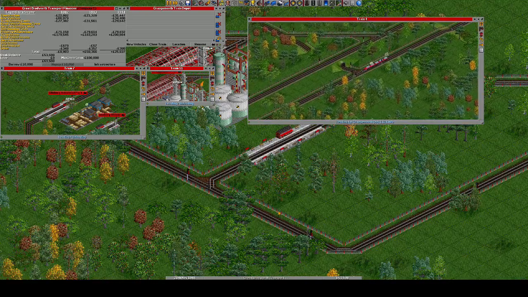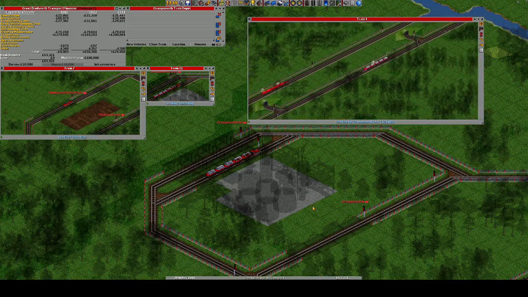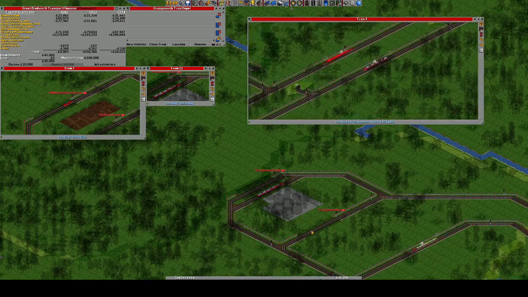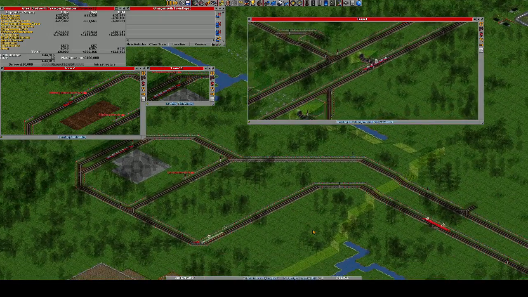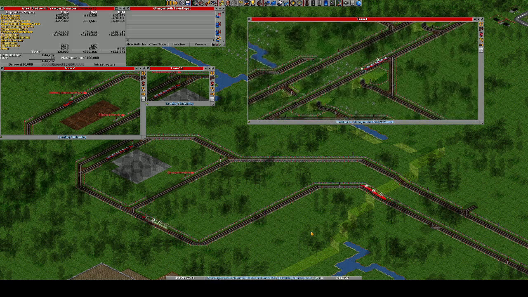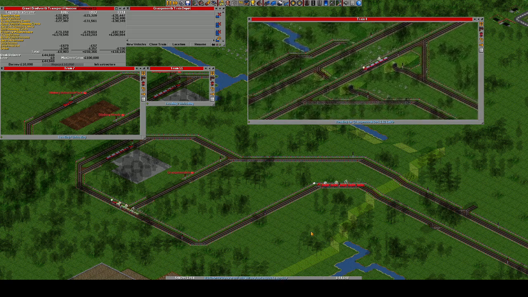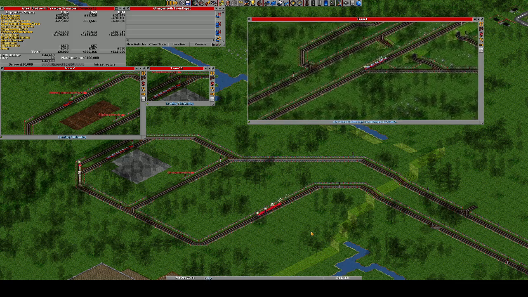Where's our oil refinery? Here we are. Do we have a full train of chemicals? No, here comes the petrol train back. Here's an oil refinery train arriving. Now I might